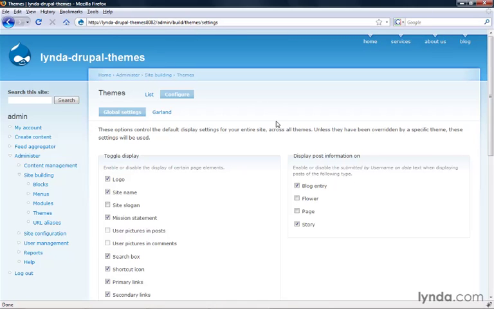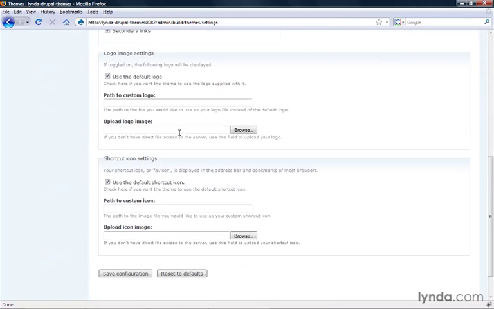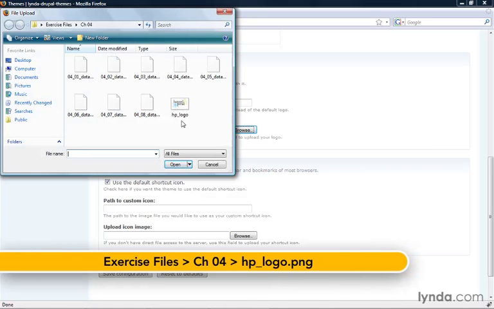So let's go down to the bottom of the global settings page, and we see these two areas that allow us to upload a graphic file for the logo, and down here, a little form that allows us to upload a favicon. For this demonstration, I'm going to be using the same graphic file for both the logo and the shortcut icon. So to change a logo, let's click Browse, and we're going to pull in the HP_logo graphic file